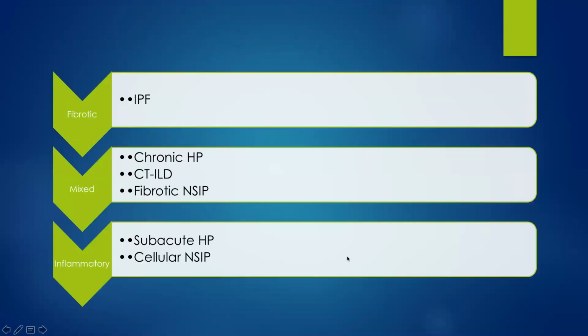Okay, so this is my little way of just thinking about it, okay? And I like to think about things, you'll hear me in the ICU say this all the time, I like things to make sense. And so all of these ILDs, it's a spectrum. Everything in our life is a spectrum. So this one is another one where it goes from more inflammatory to more fibrotic. So the more inflammatory is going to be these ones, and I'll talk about what all these abbreviations mean. And more fibrotic is like IPF, the worst.